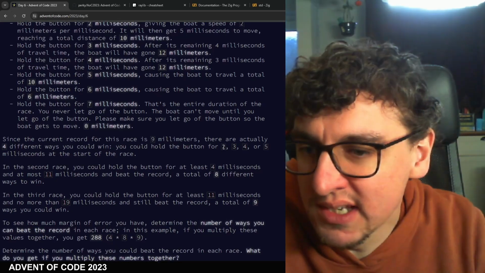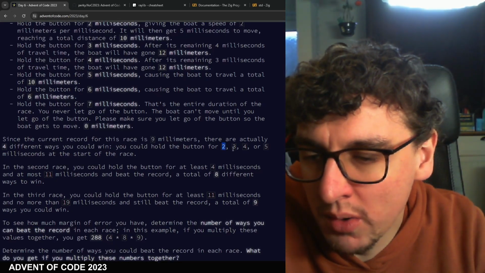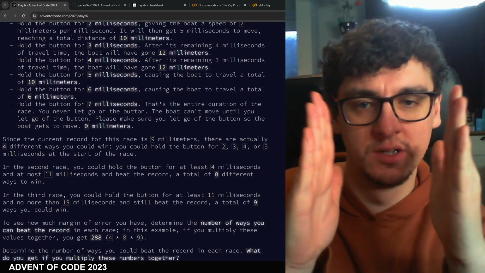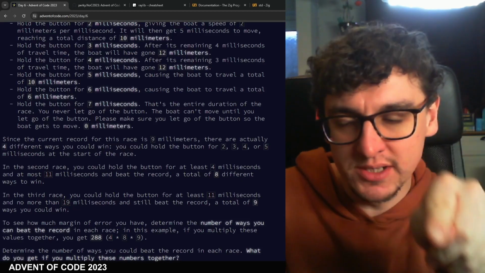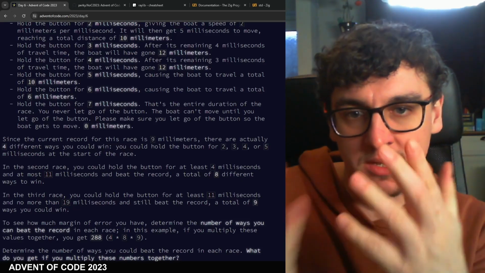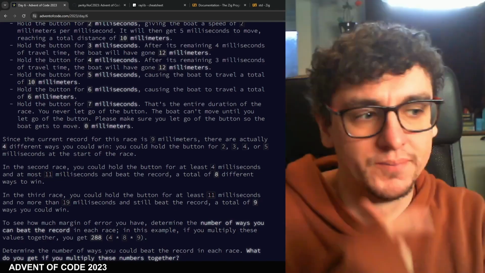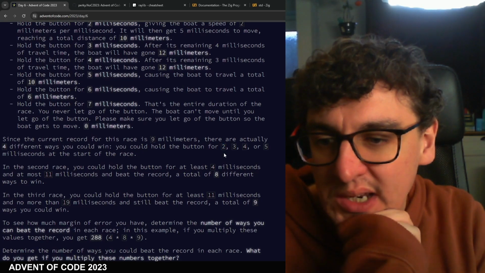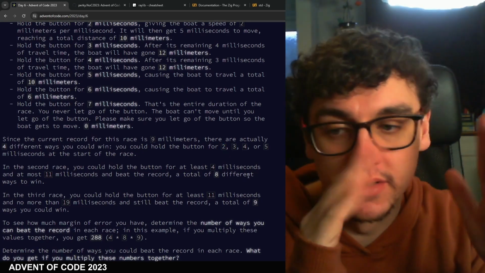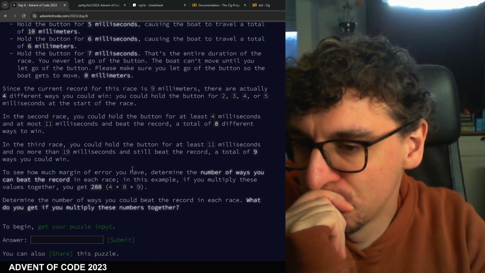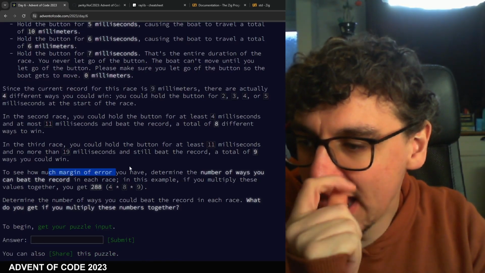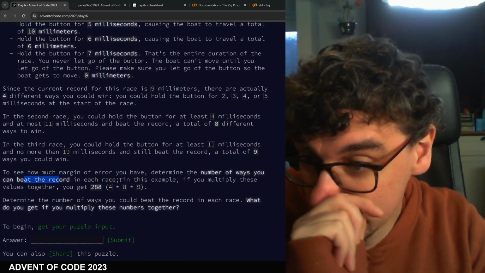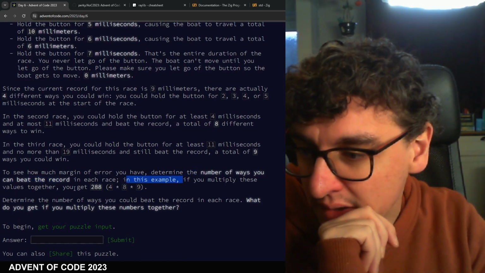So one thing I'm noticing here is the amount of time you hold down the button for. There will be a single contiguous range of holding down time that results in a winning time. So we essentially just need to find the lower and upper bound. To see how much margin of error you have, determine the number of ways you can beat the record in each race. If you multiply these values together,